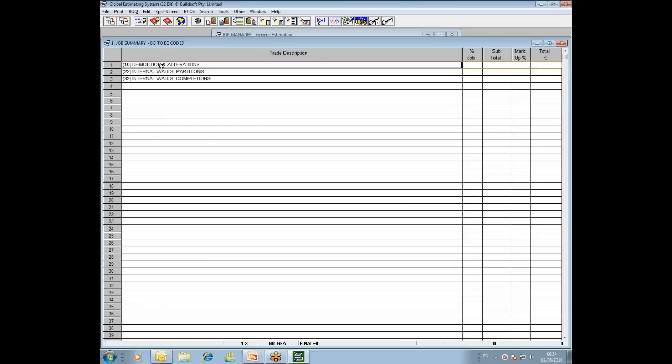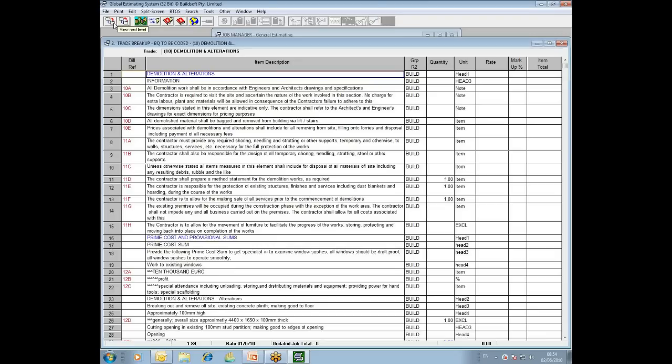To do that, you open up your first element, and in this case I'm going to open up demolitions and alterations. So I highlight my element and I click the View Next Level button. That will then bring me down to the trade breakup level, or the bill level as it's commonly known. Now, what you would normally see